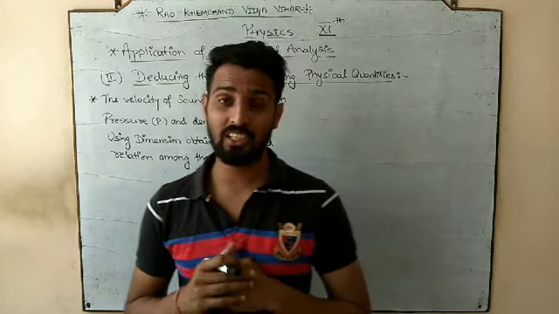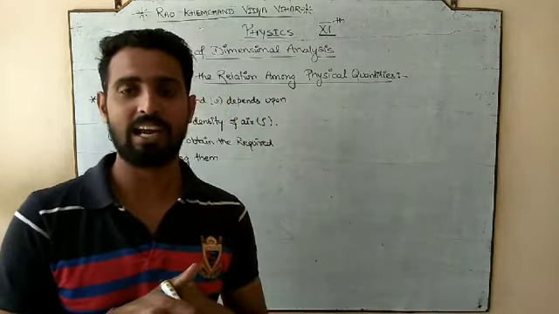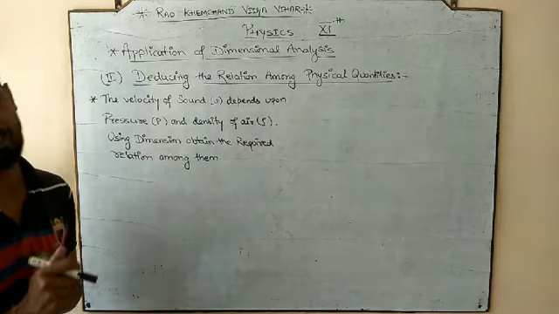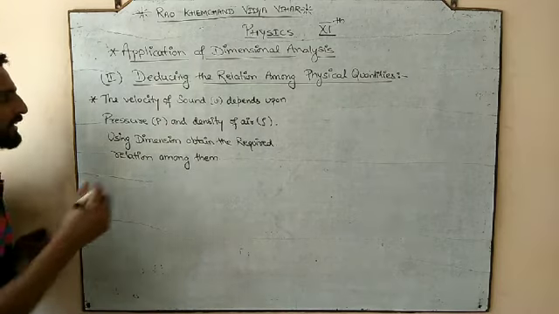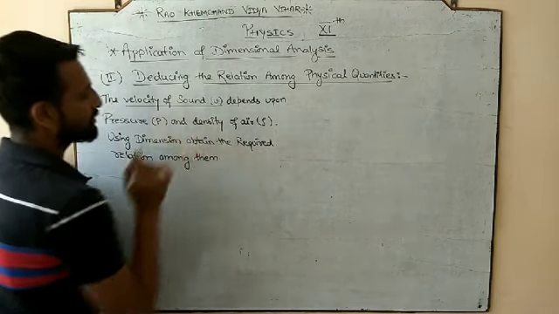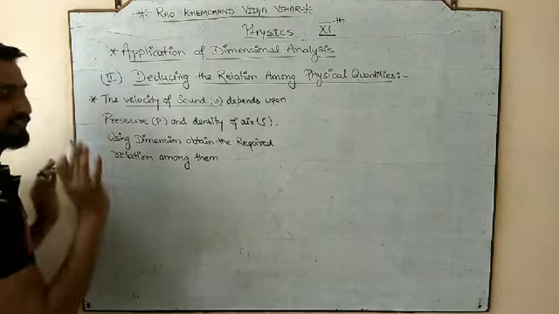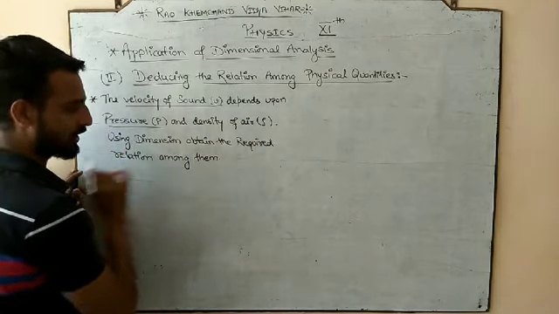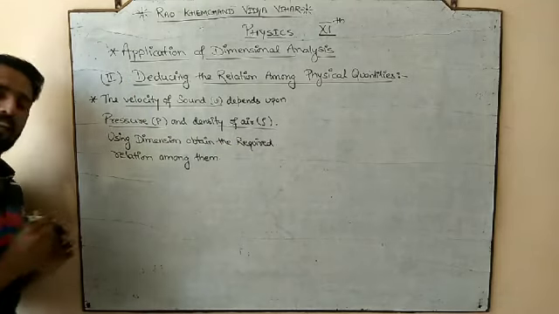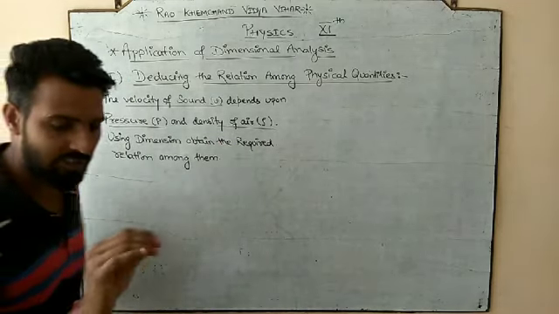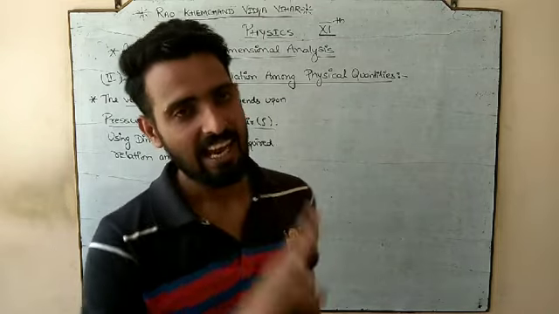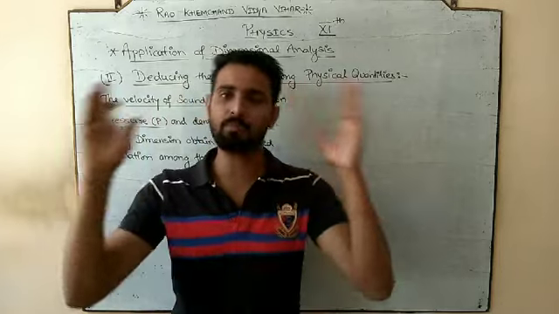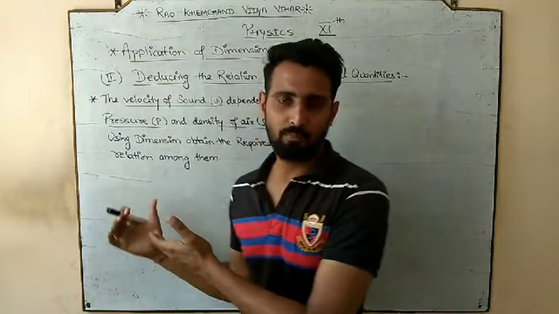So ये आपको relation निकालने में very much helpful है, and how we are going to continue. So here we have the first numerical, and that first numerical is the velocity of sound, small v. Velocity of sound small v depends upon pressure and density of air. So velocity of sound depends upon pressure and density, and I hope कि अगर आप लोग pretty open-mindedly और flexibly work कर रहे हैं, so आपको मालूम चल गया होगा.